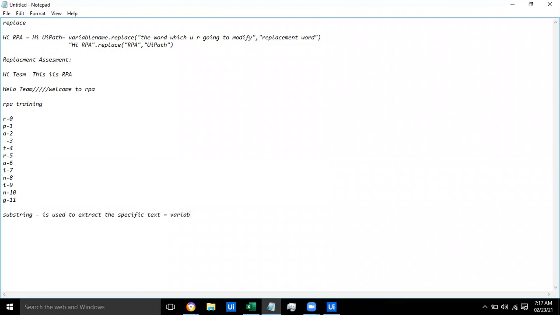For substring, the syntax will be variable name dot substring of starting index, comma, number of characters we want.